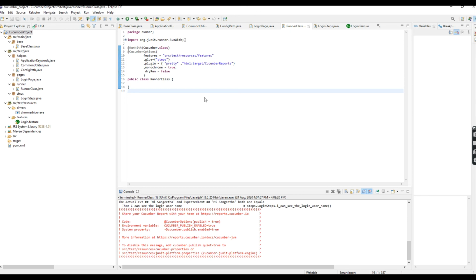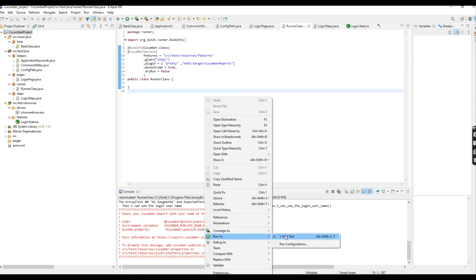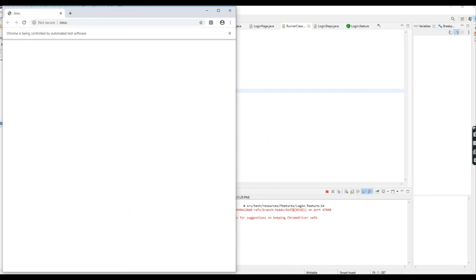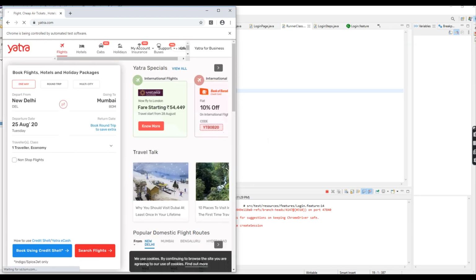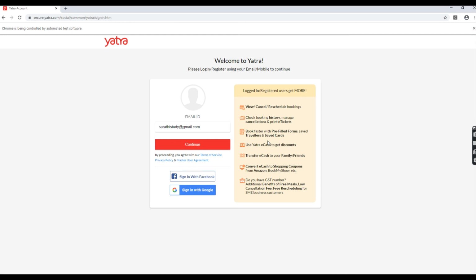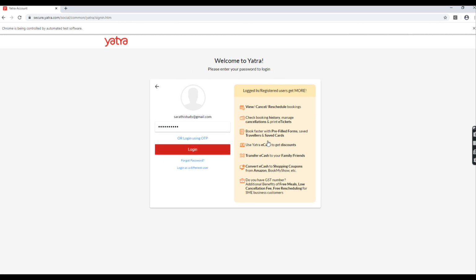Right click on this runner class. Click on run as JUnit test. Now again the two different kinds of scenario are going to run. First is scenario outline. The second one is scenario. The same steps will run here.